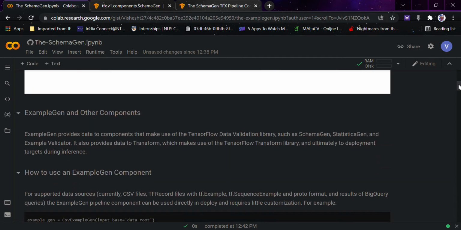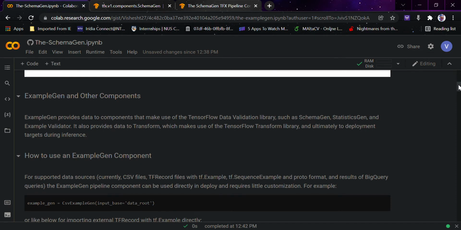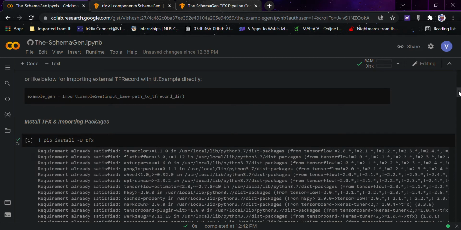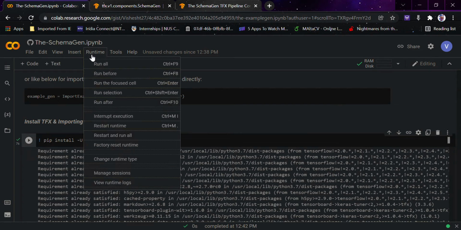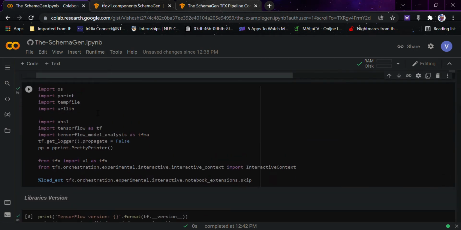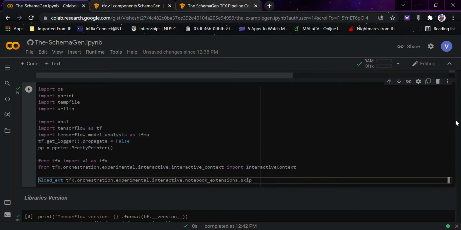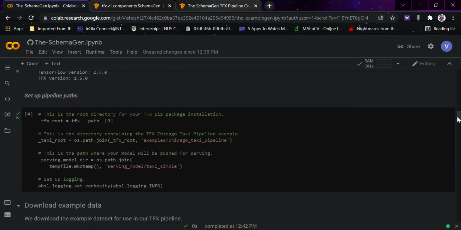related to TensorFlow Extended that you were expecting in the production part, gradually coming from theory to the coding and core framework part. I will be giving you the link to this notebook in the description section as usual. Starting with this notebook, we first need to install the TFX package, and after doing that, just restart the runtime and import all these things to make sure that your notebook works well. After that, we will look at the TensorFlow and TFX version.